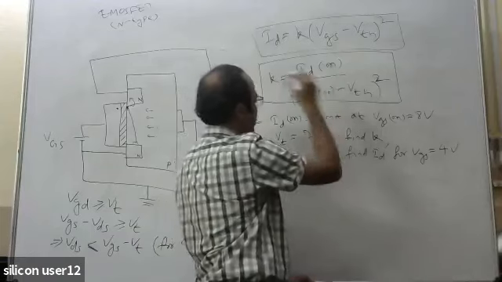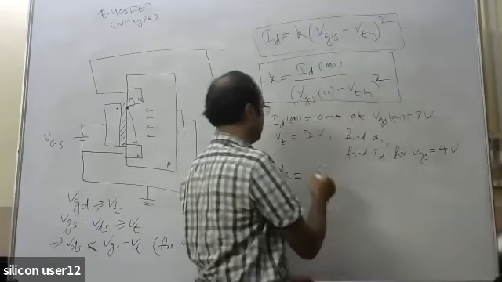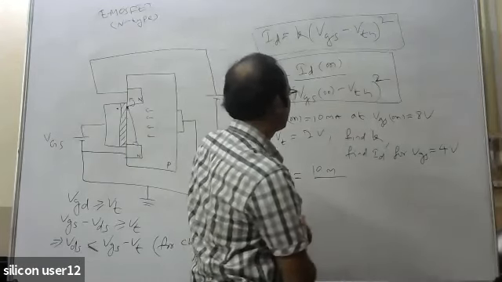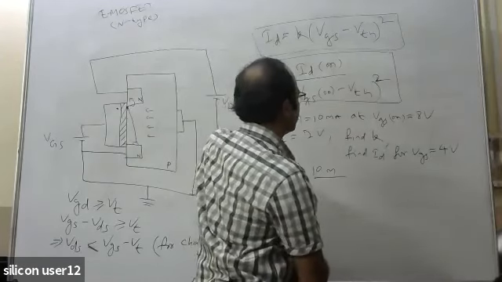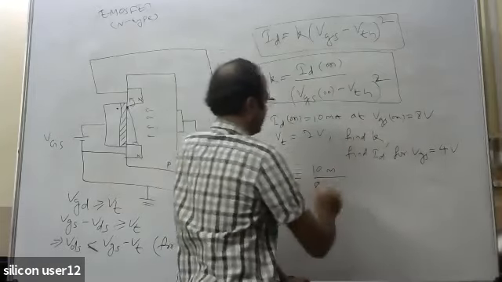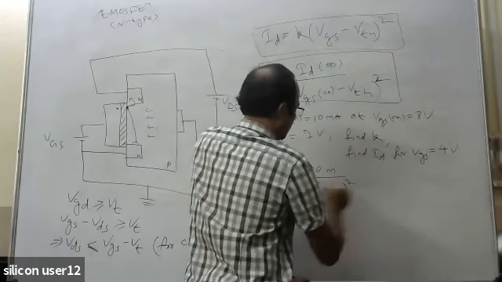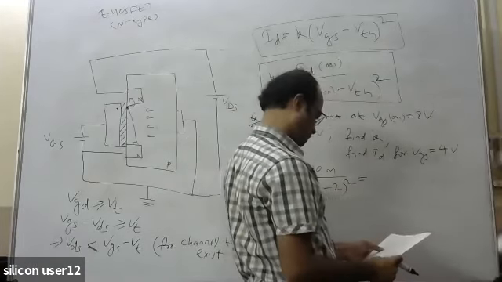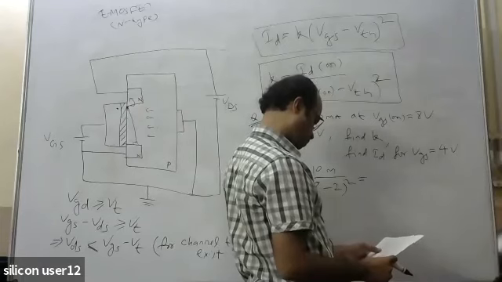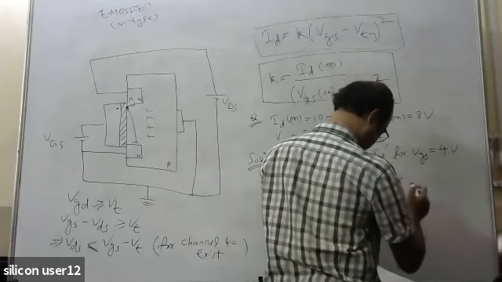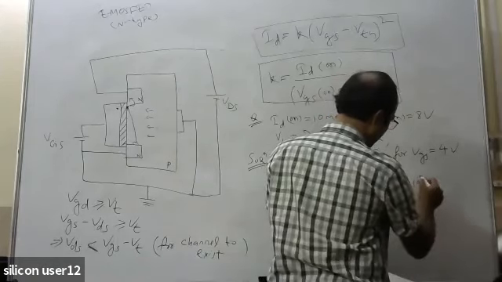K equal to ID on. So already it is given ID on, so it is equal to 10 milliampere by VGS on minus VTH whole square. Tell me this value. VGS on is given 8, so 8 minus VT, which is given 2, whole square. So calculate it. It will come as 0.278 into 10 to the power minus 3